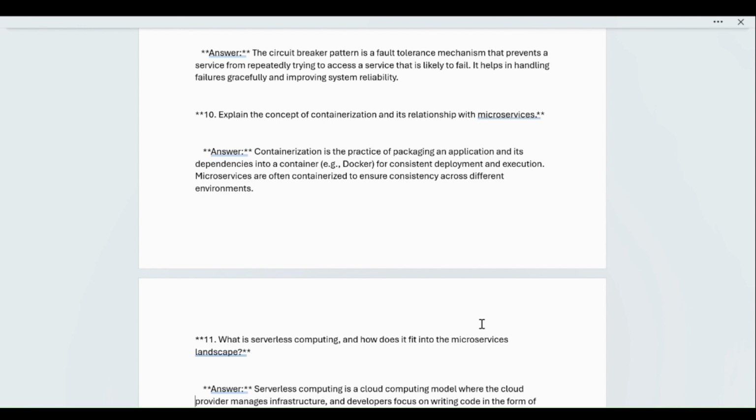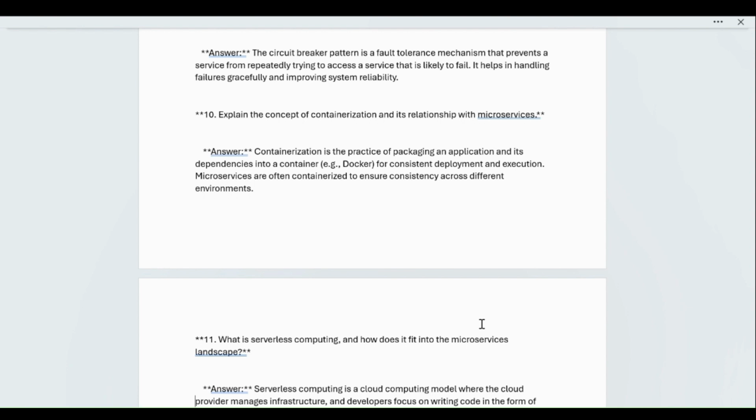It is the practice of packaging an application and its dependencies into a container. If you create an application and deploy it on some other server, sometimes due to some dependency, some DLL missing, the application is not running on the other machine or server. Then we have to take care of each and everything and maintain the system. But when we have this containerization facility, we can install each and everything in the container, and wherever we have to deploy, we can deploy.